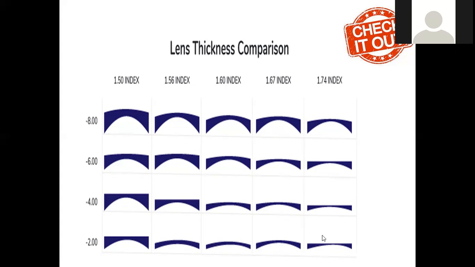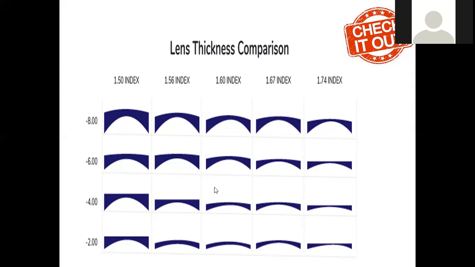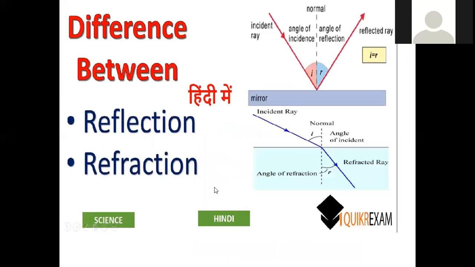Okay, but in case of higher index value, the thickness is very less, where you can find a very thin surface. In this case also, the middle region is thin and the surrounding region will be very thick in nature, right? So both are converse to each other in case of thickness. So this is about the questions which are framed based on this.